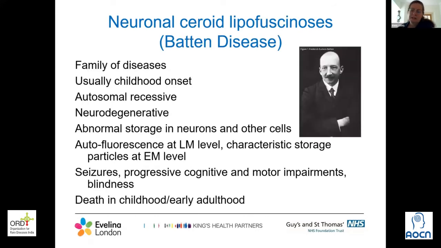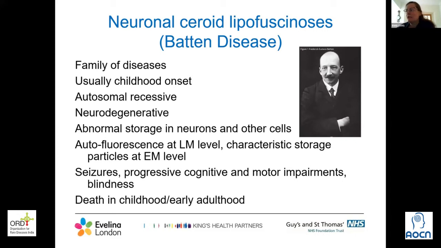So I call these disorders Batten disease because that's what the families in the UK call them. It's easier than neuronal ceroid lipofuscinosis, which, to be fair, is a bit of a mouthful. It's a family of diseases. Usually onset is within childhood. Most of the genetic types follow an autosomal recessive inheritance pattern. They are all neurodegenerative, characterized by an abnormal storage material in neurons and other cells, which